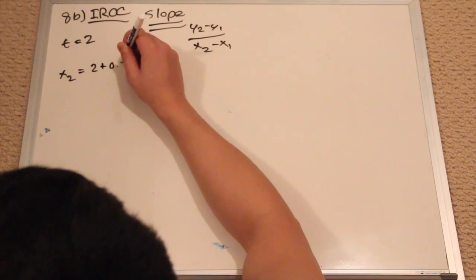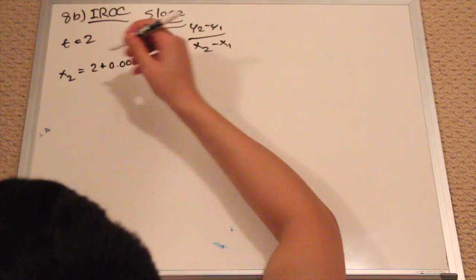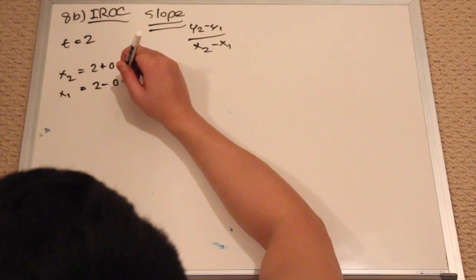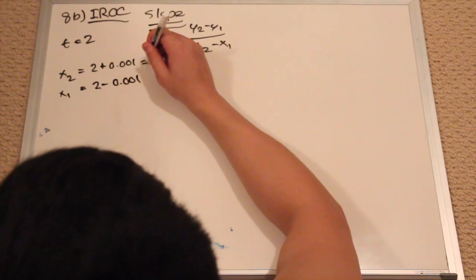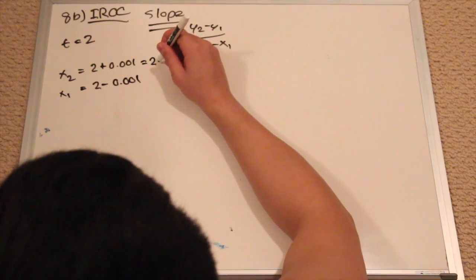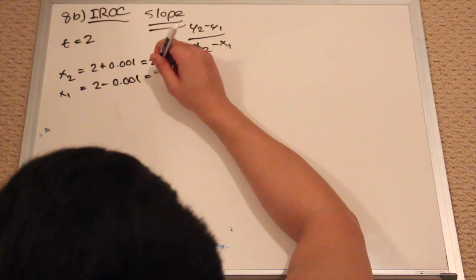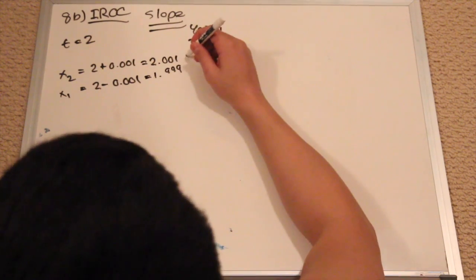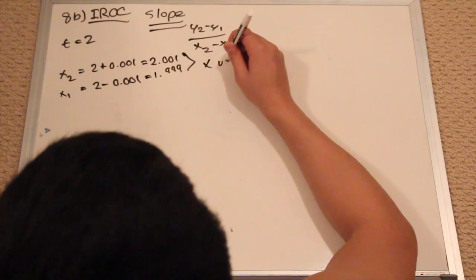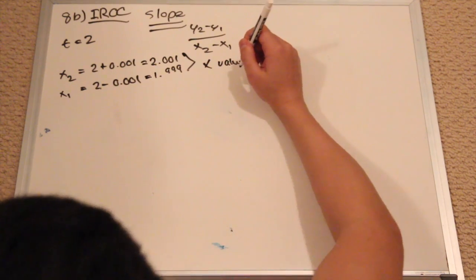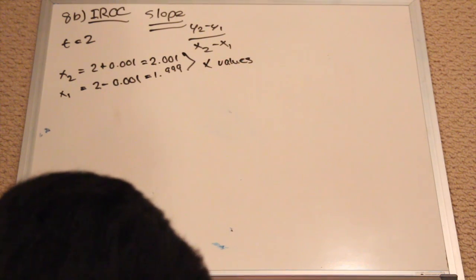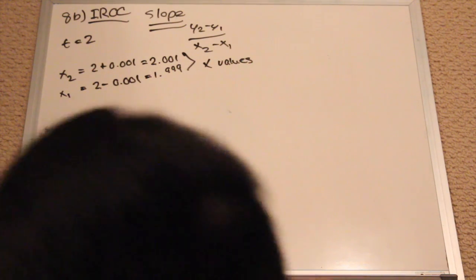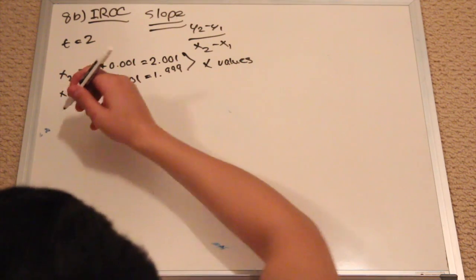plus 0.001 and x1 is 2 minus 0.001. So this is equivalent to 2.001 and 1.999. Alright, so we have our two x values right here. These are like the 8 and the 3, like the interval, but these are the 2 points. So for the IROC equation, it's basically the same thing. So it's IROC